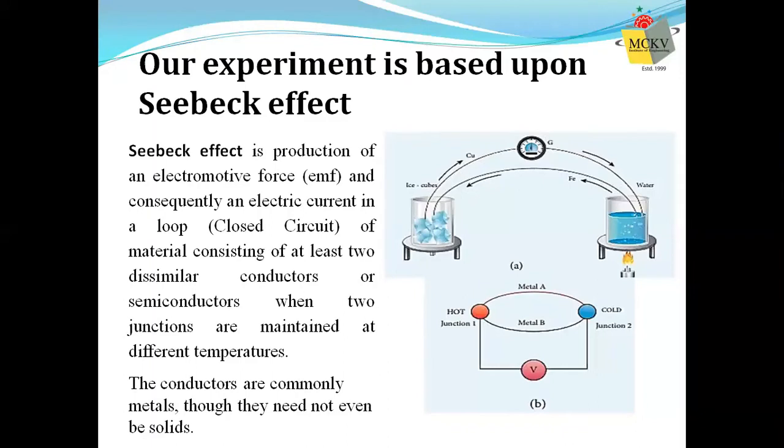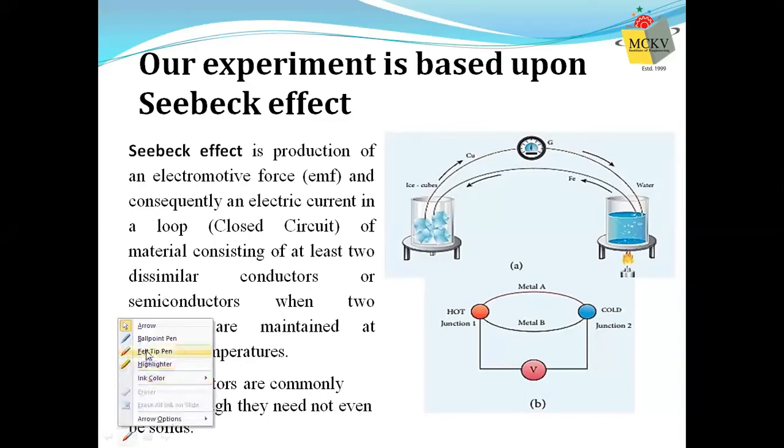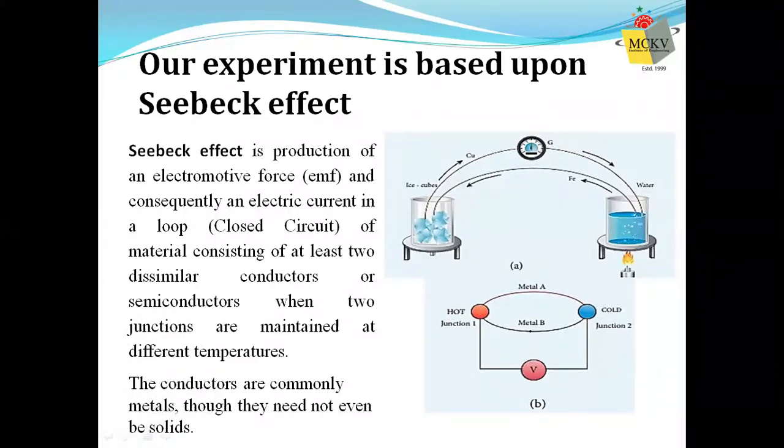In this case, let us take metal A here and take the pen. So you have metal A here and this is your metal B. Now what you do is, it's a simple thing, you join these two metals. So this is a junction and this is a junction. So it becomes a thermocouple. It becomes basically a couple, and if you heat one end up, that is if you maintain a temperature difference between two junctions, this is junction 1 and this is junction 2. So you have joined the two metals, and if you maintain a temperature difference between these two junctions, this device that we are forming is called a thermocouple.